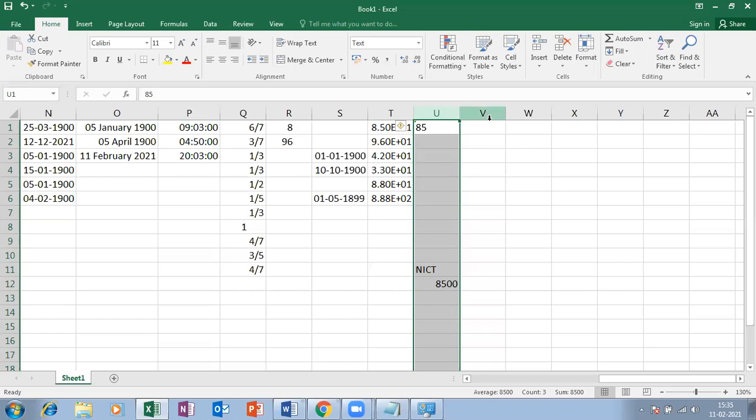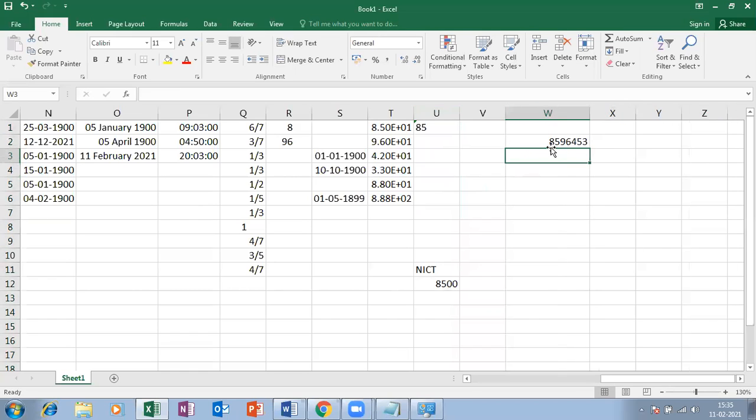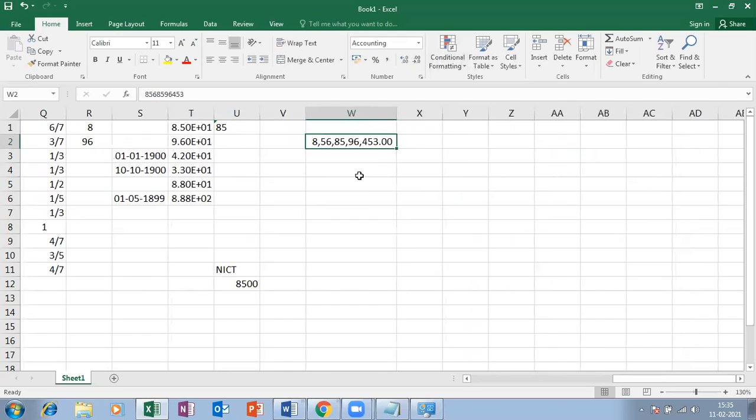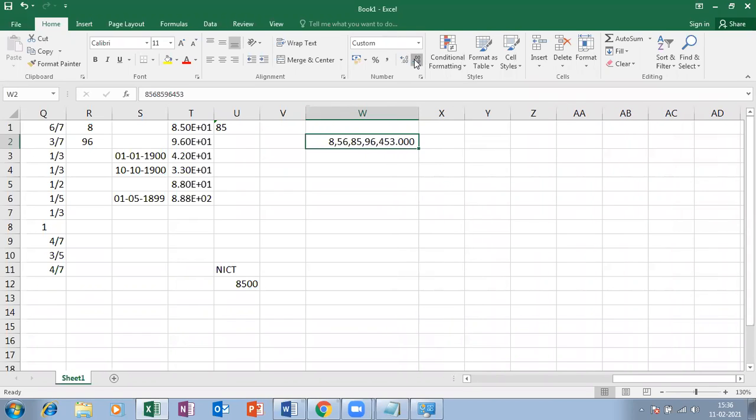And then here, let me enter some number, and enable the 1000 comma separators. So ones, tens, hundreds, after that you will get a comma. So thousands, 10,000, after that, comma. Like this, this is nothing but the comma style, which I'm going to enable in this place. And I can increase the decimal places. After decimal, 2 zeros. I can increase the decimals here, and I can decrease the decimals here.